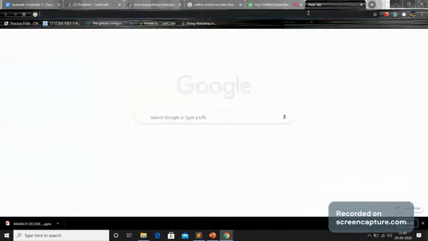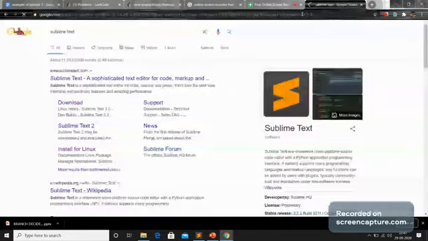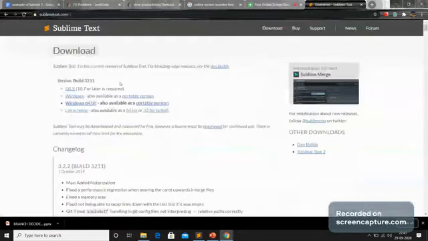Online, please type Sublime Text. You will see an icon like download. When you click on download you will get many versions like the OS version, Windows 32-bit version, and Windows 64-bit version also. Presently I am using the Windows 64-bit version, so I am downloading it. Just click on Windows 64-bit. It is downloading here, where it contains 10.4 MB.